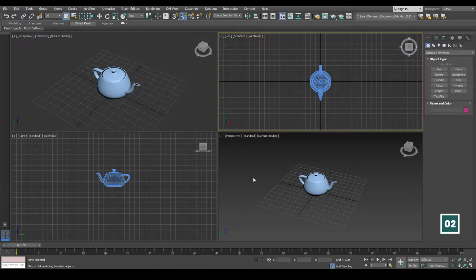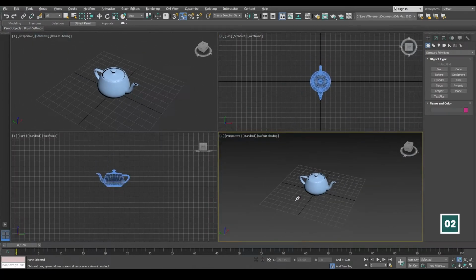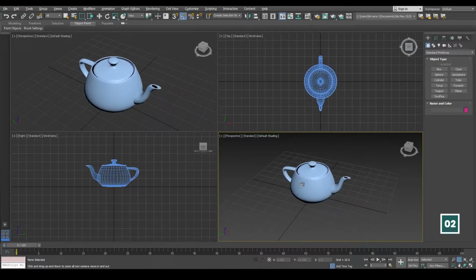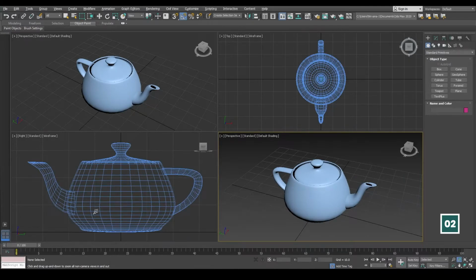Now we can use the viewport navigation tools to work with all these layouts together. For example, we have a tool called Zoom All. If I click on this tool and zoom in, all the viewports start to zoom in simultaneously. And there is also another tool called Zoom Extents All. If I click on this, all the viewports will zoom in and take the entire space of the viewport as per the scene. So for example,